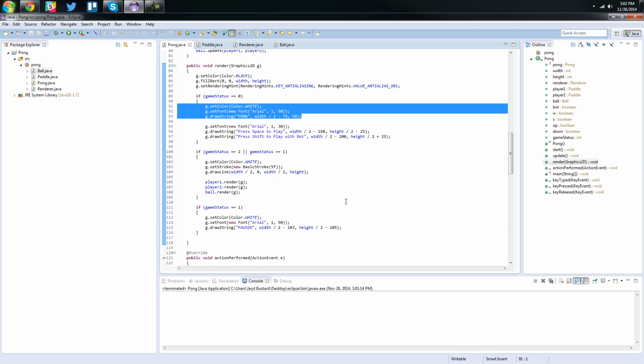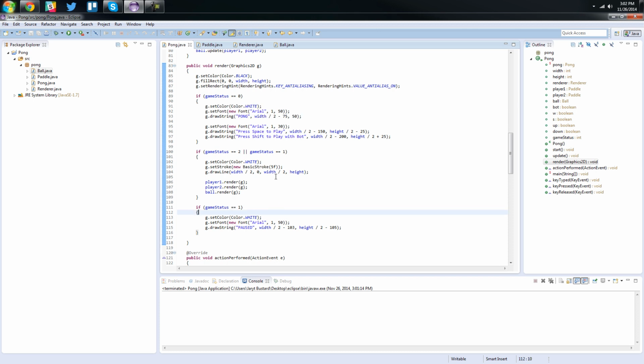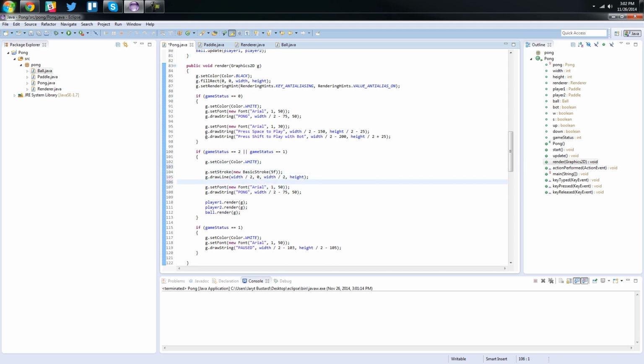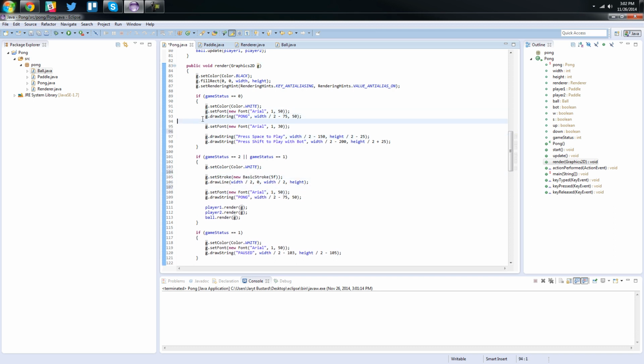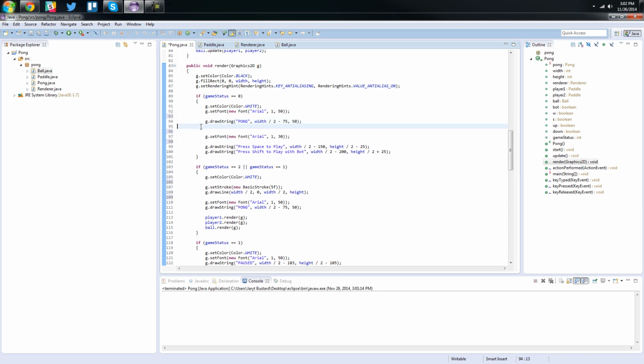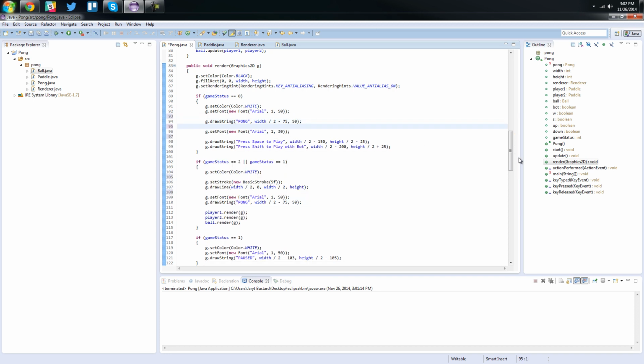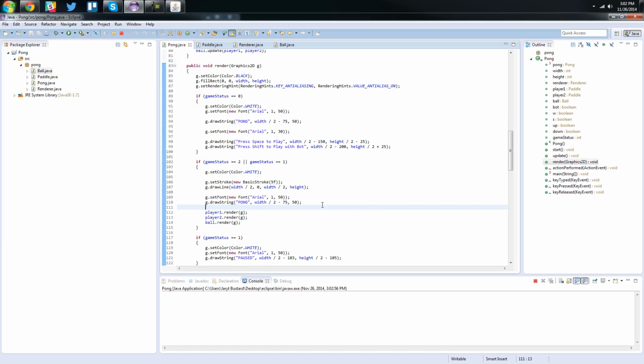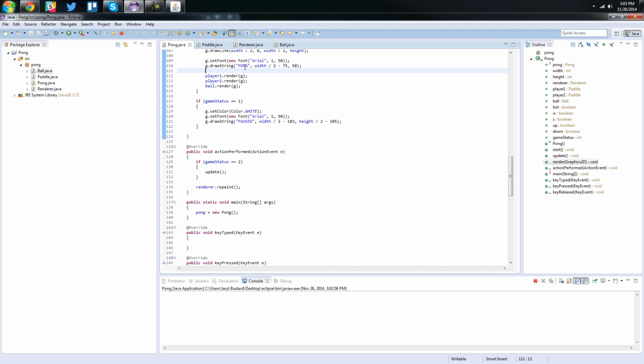We'll steal this. We'll start separating all this. I don't mind all the settings being next to each other though. Alright, so Pong. This is Pong. We want this to be